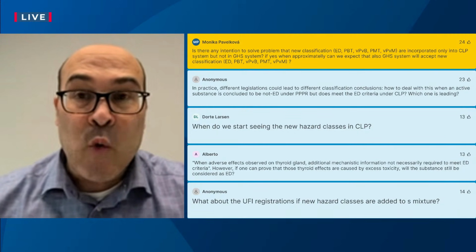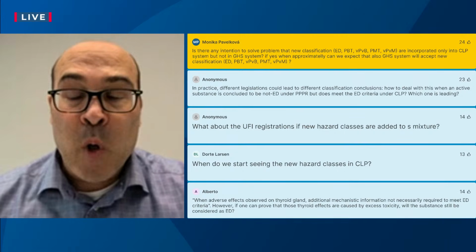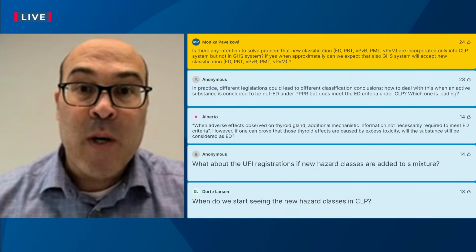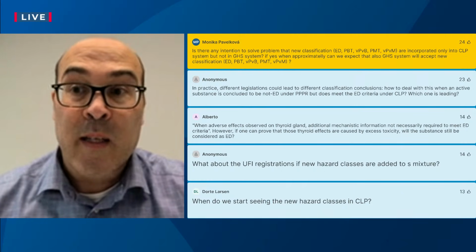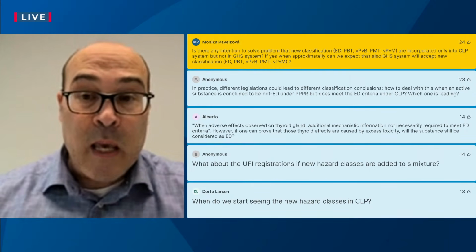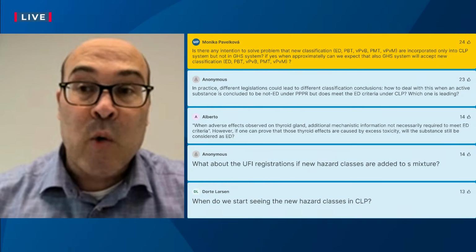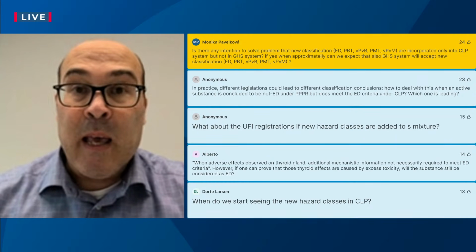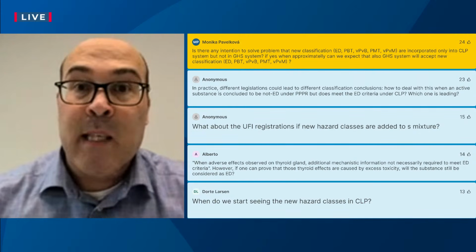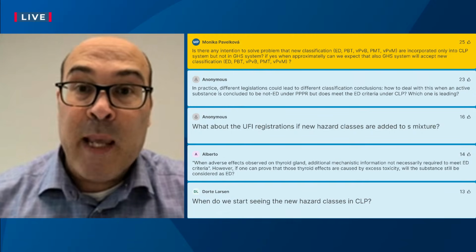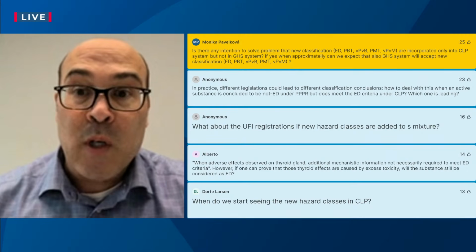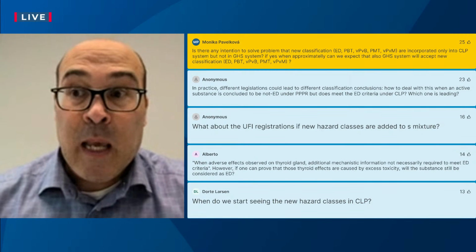And as we speak, the full process of discussing the need and the possibility for the new hazard class to be introduced also to UN GHS is fully underway. So the process, which is a rather complicated one, which includes also inclusion of OECD, has been started already some months ago. And there are two parallel streams, one for ED and the other one is for the PMTs that will be followed by the PBTs as well. So this process is fully underway.